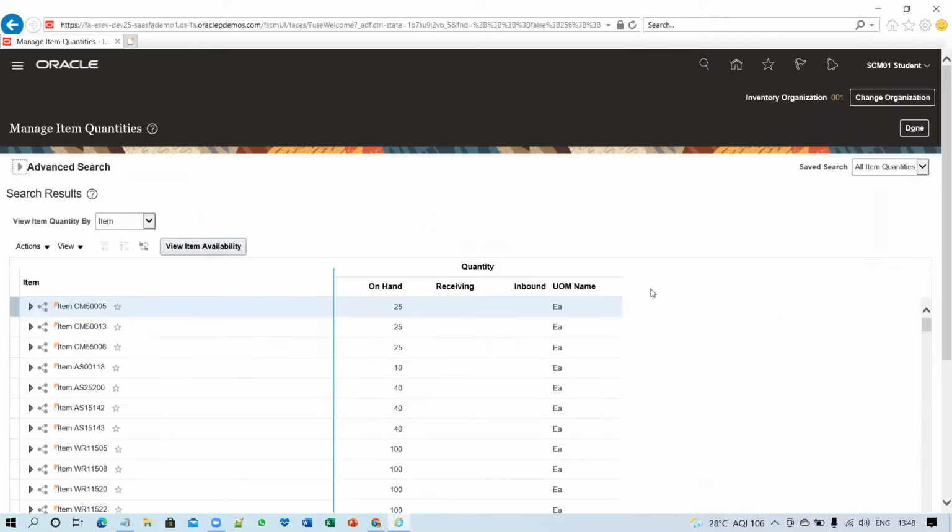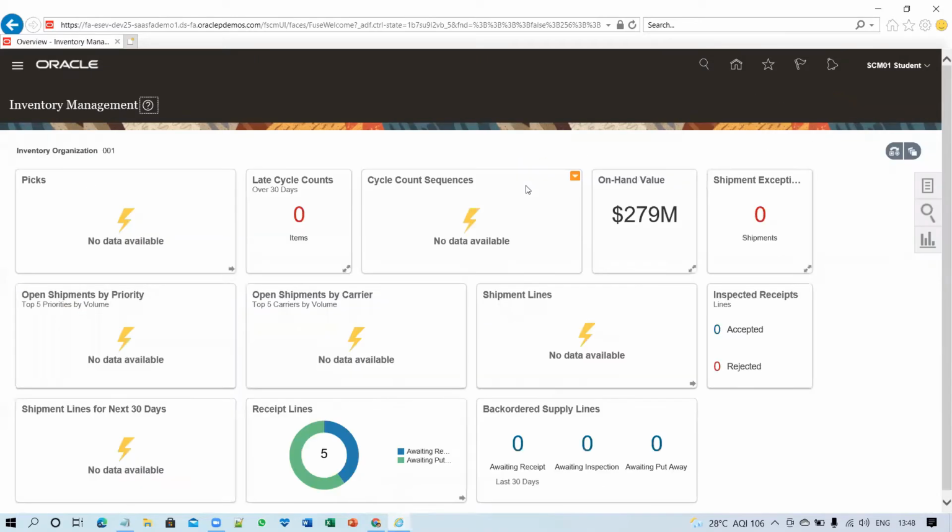So I clicked on search. So I am taking this first item. That item is CM50005. So I can see that I have 25 on hand available. Now I will click on done.